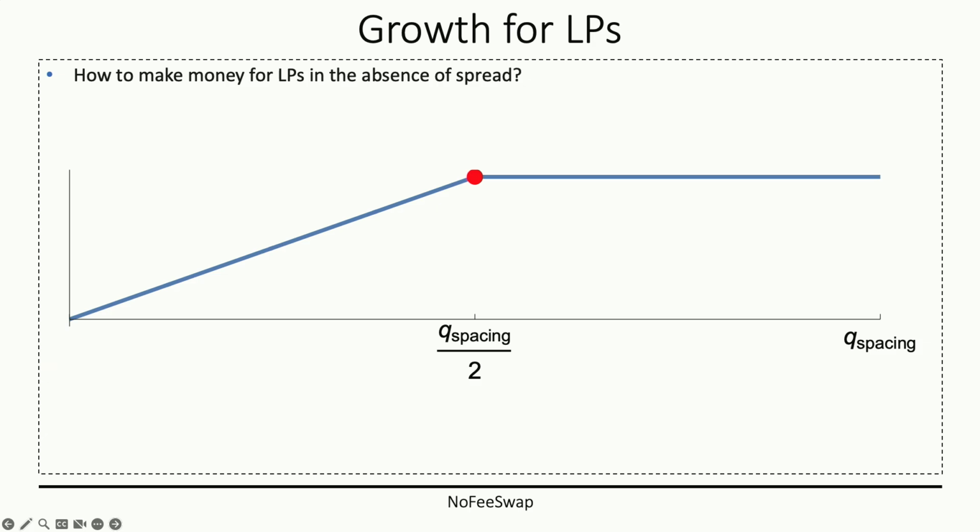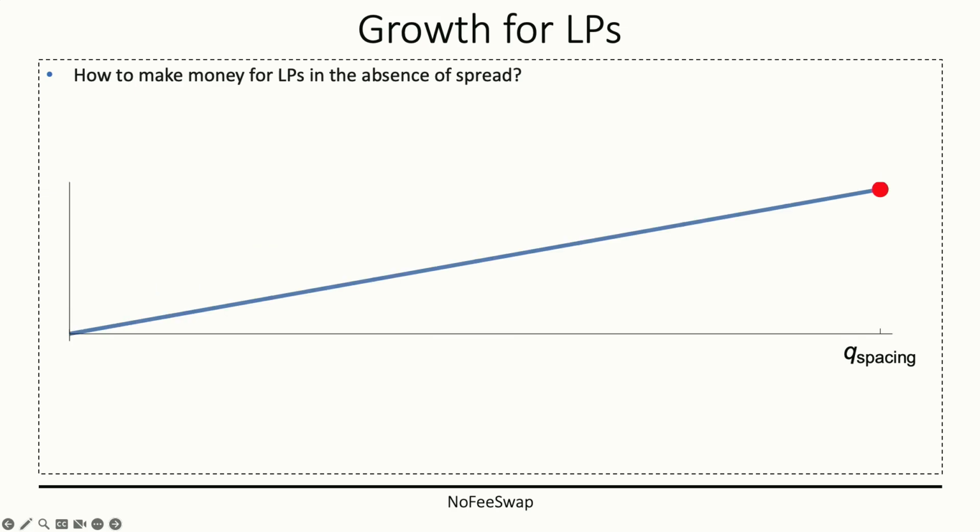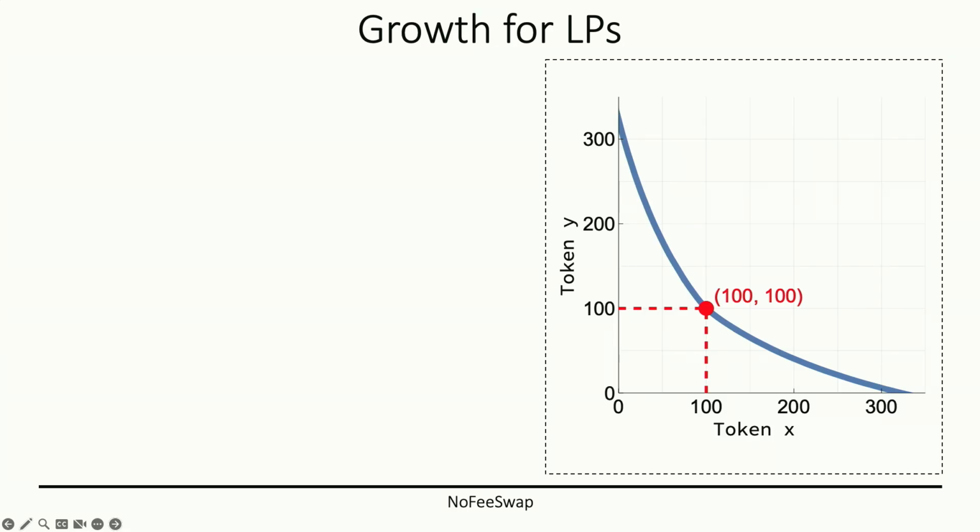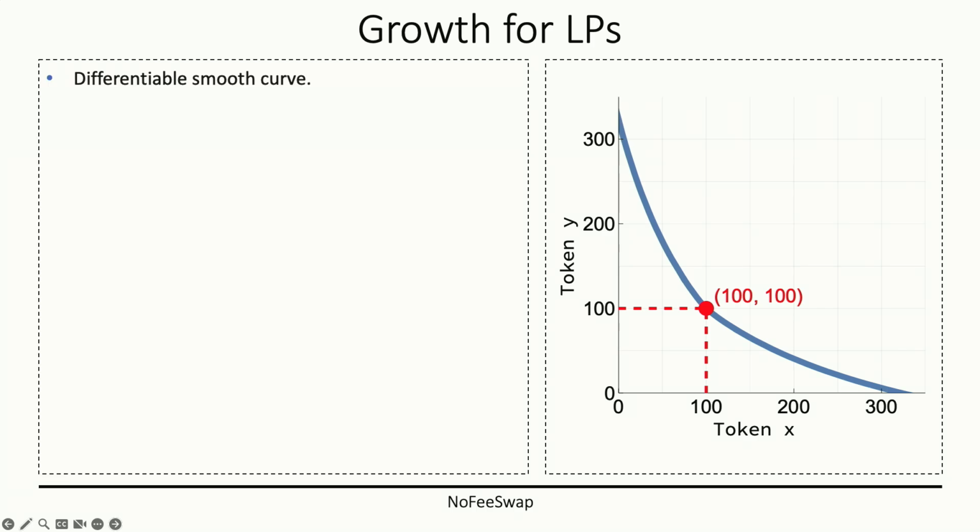Then your distribution function would look like this, for example, and you still make money for LPs. As we illustrated before, it could be anything. As long as it is safe and profitable, the protocol allows it. And from a geometric point of view, the curve would look like this, for example. Your liquidity distribution function, the kernel function that you work with, is transformed into something like this. And we have a smooth and differentiable curve. It is not bent, it is not pointed, because there is no spread,